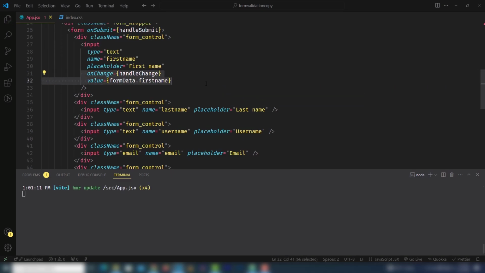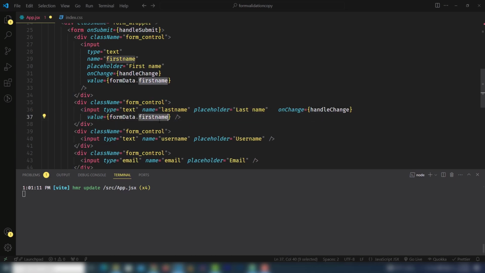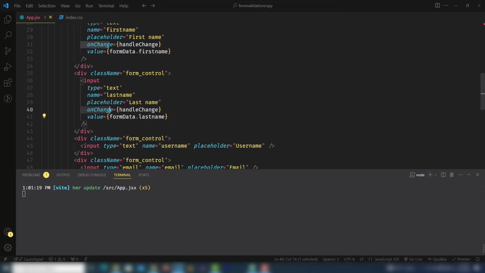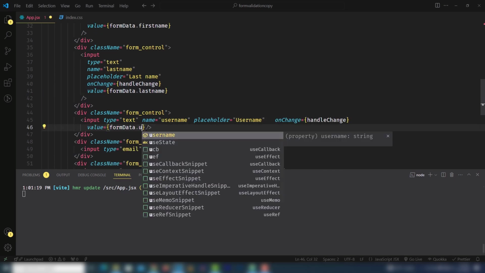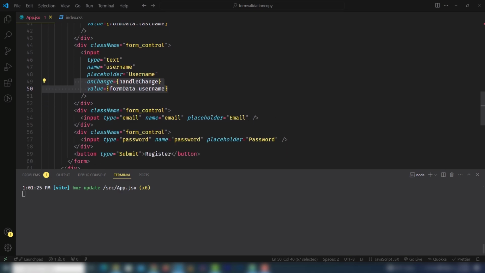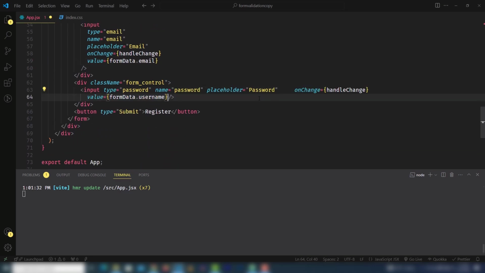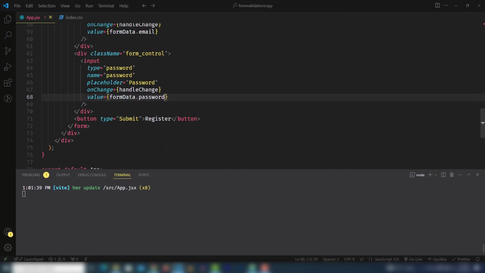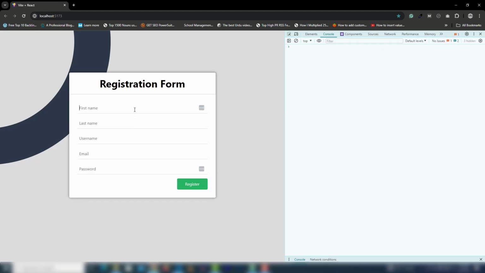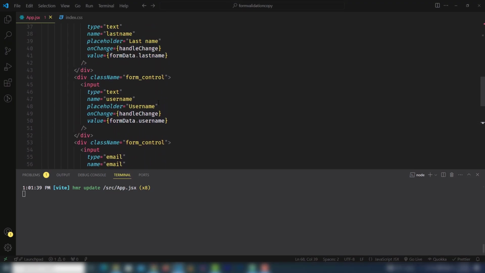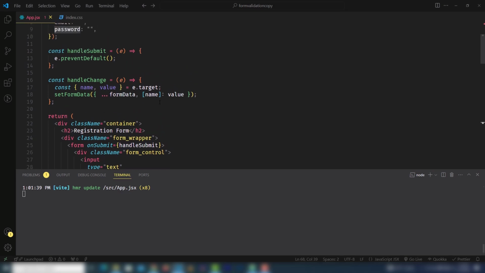You need to do the same thing on each input field, but you need to change the values, like last name. I'm going to paste it there, that will be username, and that is our email, and I'm going to paste there as well, and that will be password. So let's see what you will get inside the console. I'm going to paste admin, hit enter. Okay, I can't see anything inside the console. So what I need to do, okay,